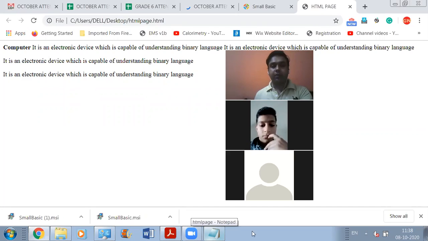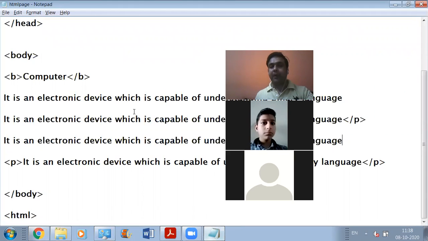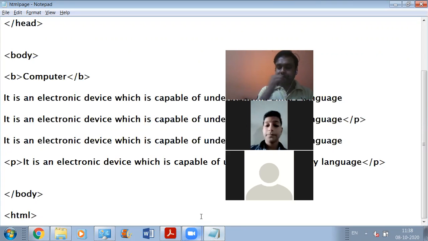But if you are writing down something like a text on the notepad file, and you want to break the line after some text, then you have to use the break line tag for the same. But with paragraph tags, you are not required to use the break line tag. Okay. Now let's see what this is going to give us.